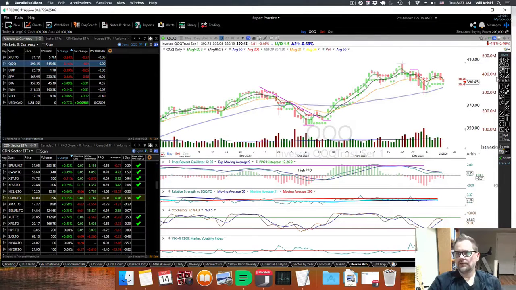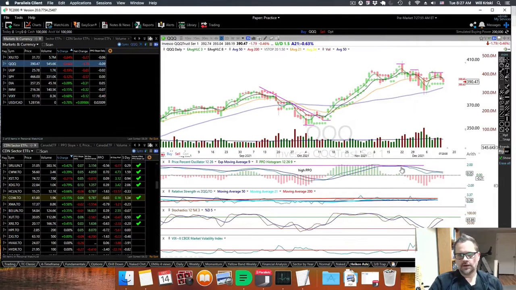Over here on TC2000, there's this little drawing board where you can draw lines, horizontal lines, so you can see. Now you're still above the 50 here. But when I look at the momentum, which is the MACD, or what I use as the price percent oscillator,